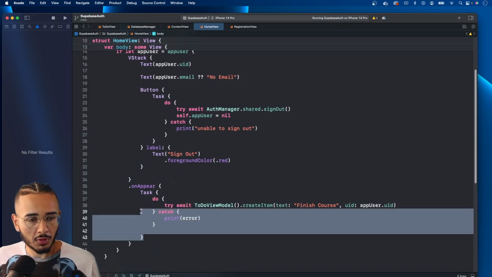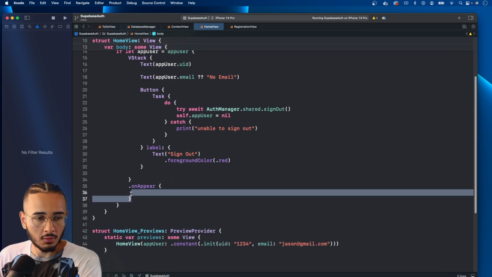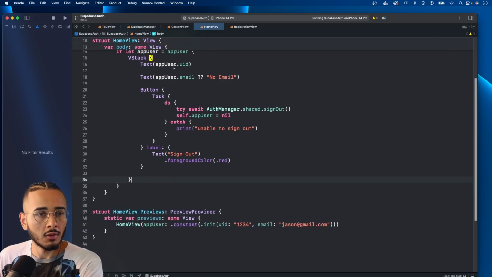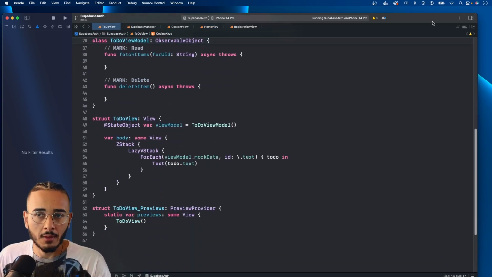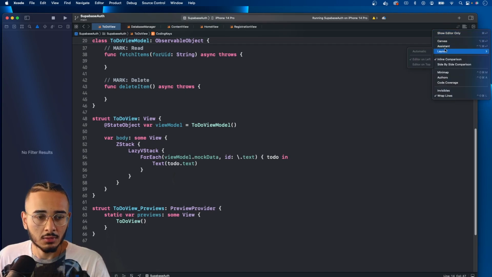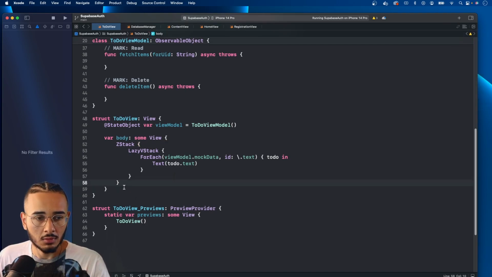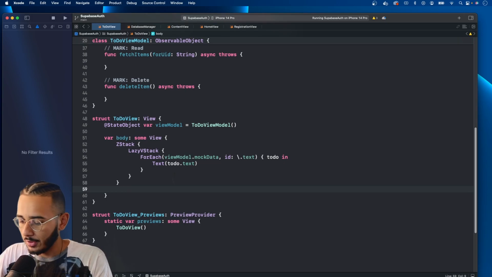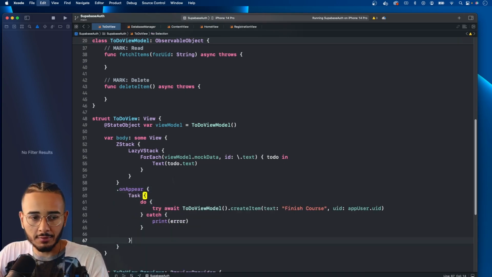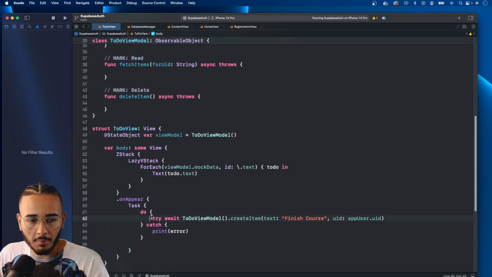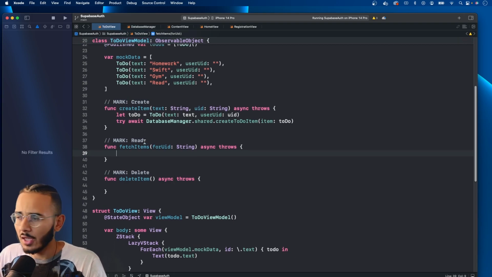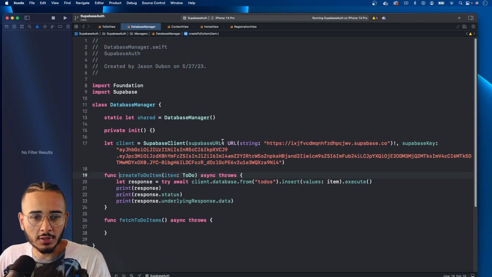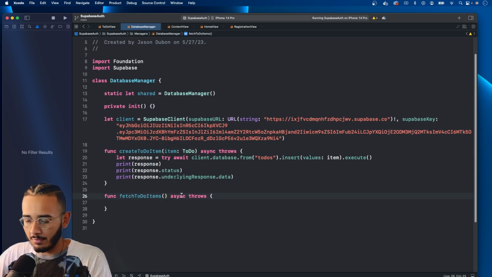So we can cut this. Get rid of this on up here. Go back to our to-do view. And let's see. For now, I'm going to put it in here, just so I have it saved. And let's not call it when we run this. And let's try to fetch our items. Let's go to the database manager and fetch items